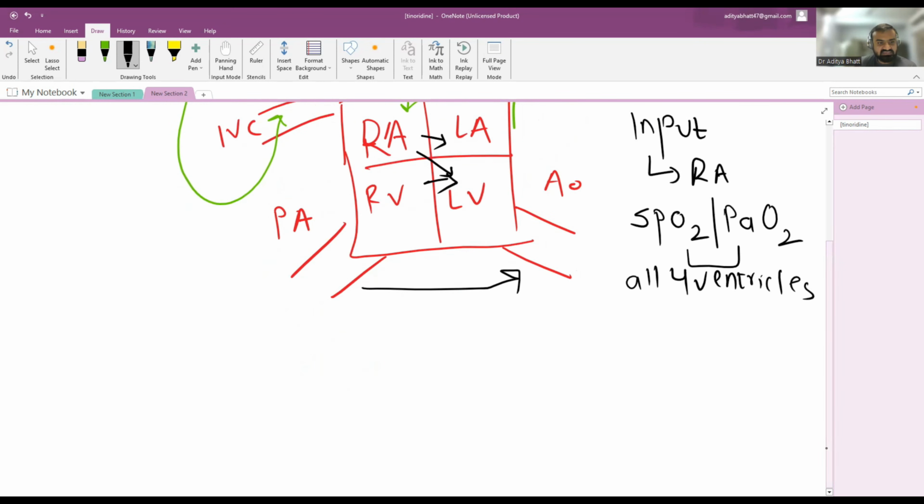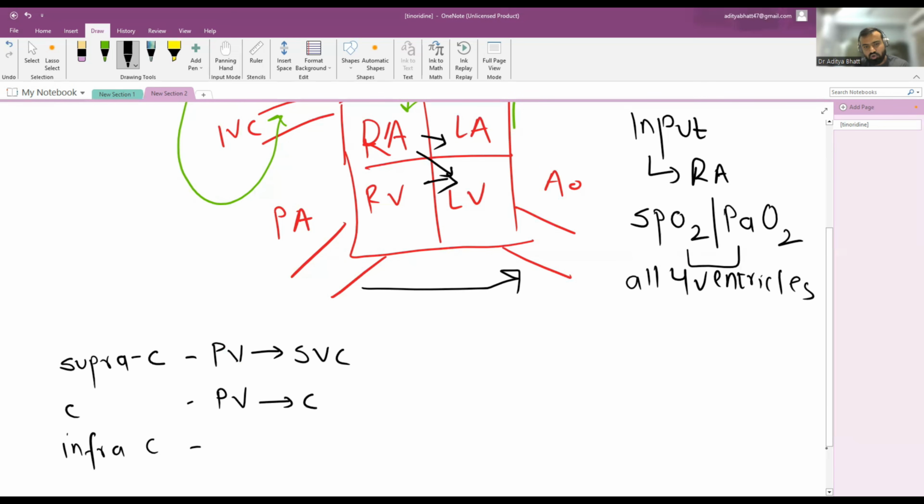Now, this TAPVC is ideally divided by two classifications. In the first classification, it is divided as supracardiac, cardiac, and infracardiac. In supracardiac, the pulmonary veins will open in the superior vena cava. In the cardiac type, the pulmonary veins will open in either the coronary sinus or directly into the right atrium. And in the infracardiac type, the pulmonary veins will open in the IVC. Okay, so these are the three types of